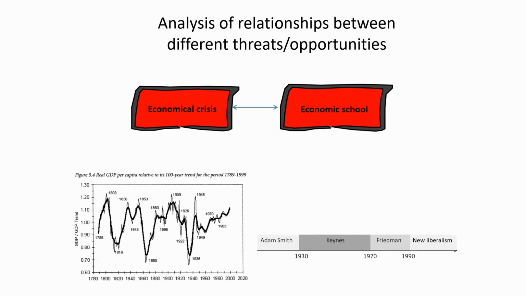So the crisis in the 1930s changed the economical theory from Adam Smith to Keynes, and the crisis in 1970 changed the economical theory from Keynes to Friedman, and in 1990 there was a change from Friedman to new